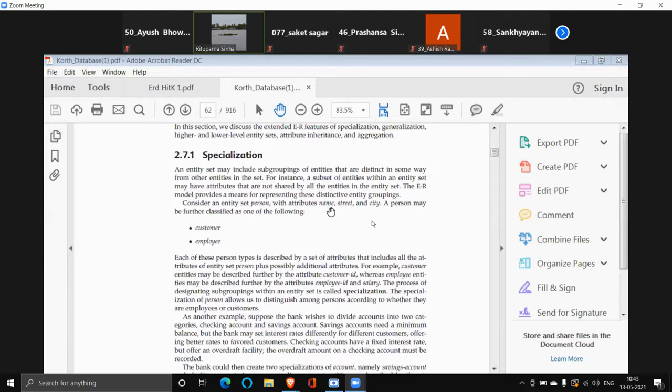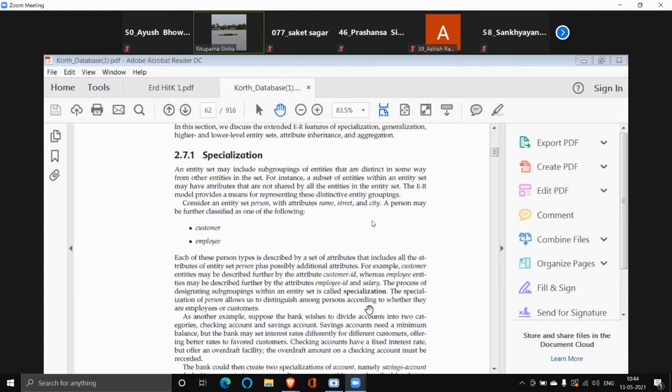So the common attributes are name, street, and city, whereas customer entities may be described further by the attribute customer ID. So customer ID is a special attribute attached with the customer entity set, whereas employee entities can have employee ID and salary as the special attributes that employee has.